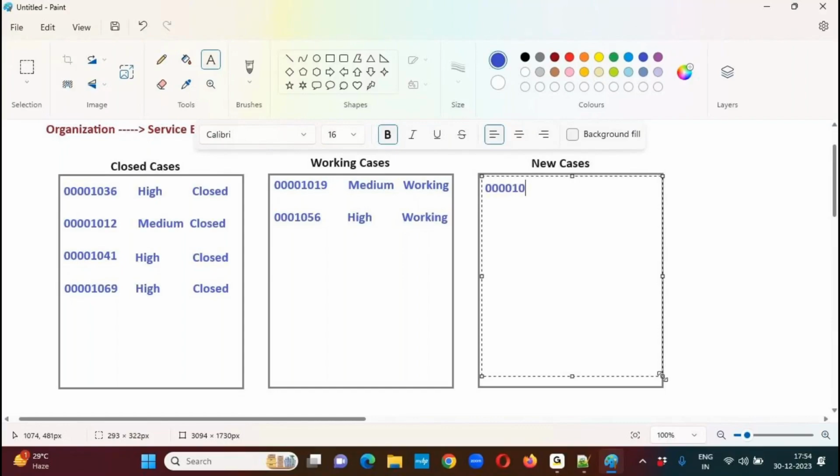0000 1027. This is a low priority case. Still it is having the status new. That means it's a low priority, that means the priority is not very important. It's a very low priority case. So we'll take it later. That's why I kept it pending over here still. Now